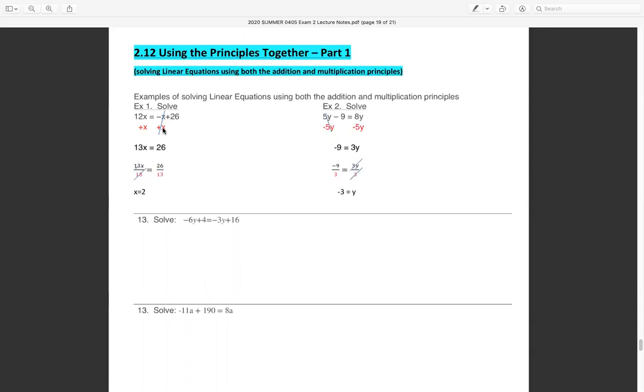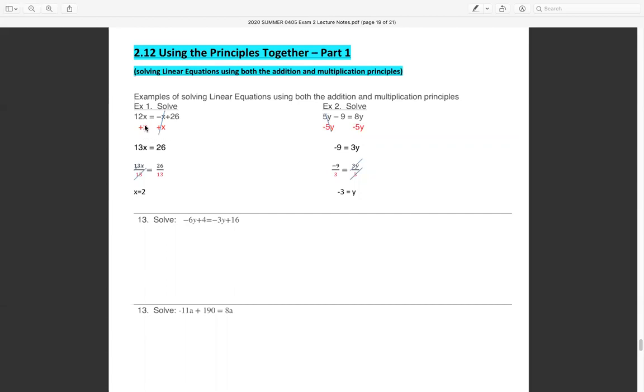So we're going to add positive x to this side and positive x to this side, because whatever you do to one side, you have to do the same thing to the other. So negative x added to positive x is just going to cancel out to give you 0. And remember, there's an understood 1 there. So if you like, you could think of it as a negative 1x plus a positive 1x, which will cancel